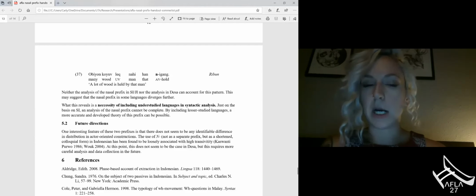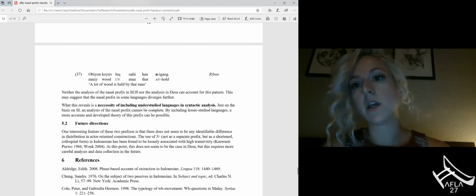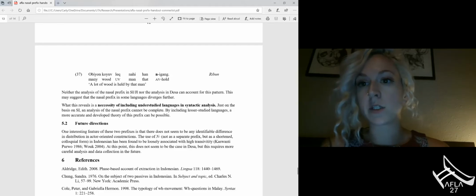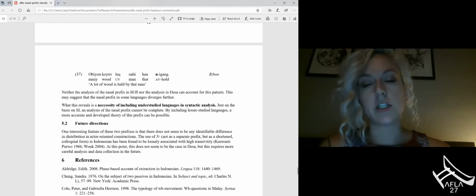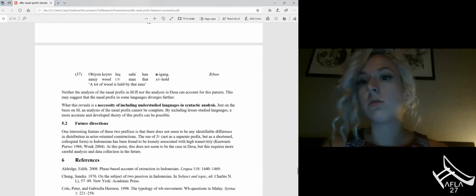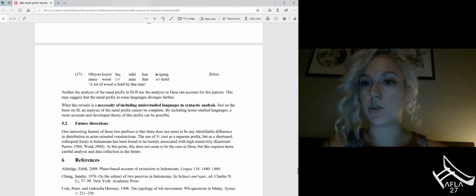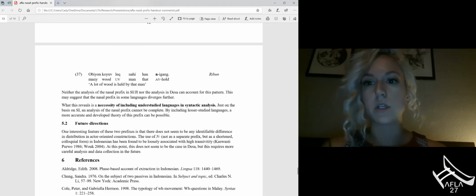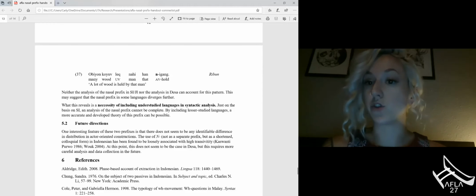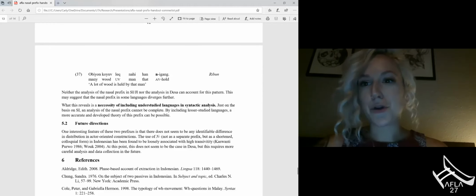So to kind of wrap up, I think one thing that this really reveals is the necessity of including understudied languages in syntactic analysis. There's been a lot of work on the nasal prefix in Standard Indonesian and Jakarta Indonesian, in largely spoken, more well-studied languages of Indonesia. But without looking at these understudied languages, we would miss huge generalizations like this, where we see evidence for a completely different function that might tell us a little bit about the nasal prefix in general. So I think it's just another call for more documentation work to be used in